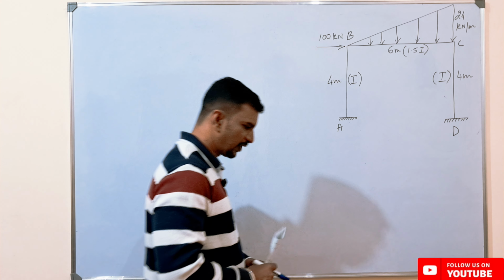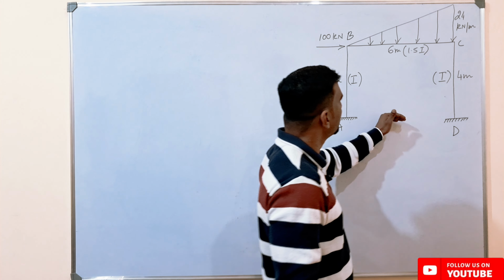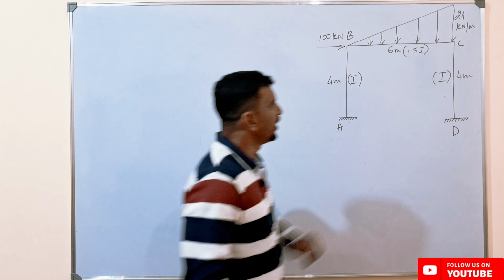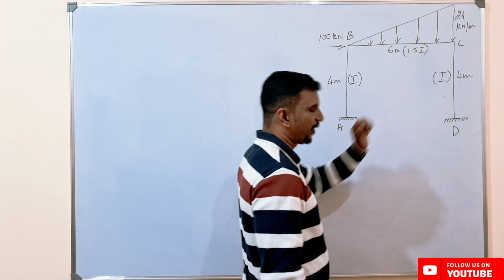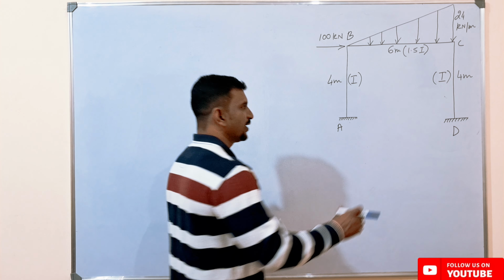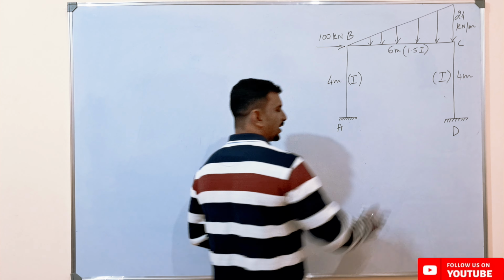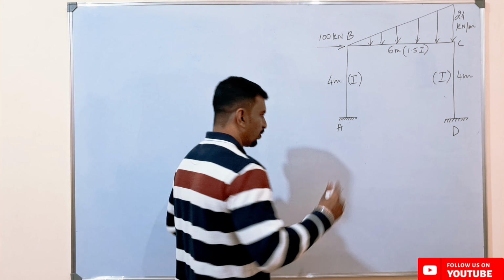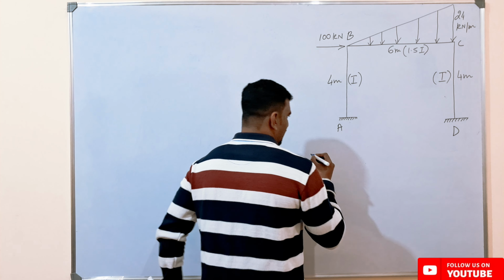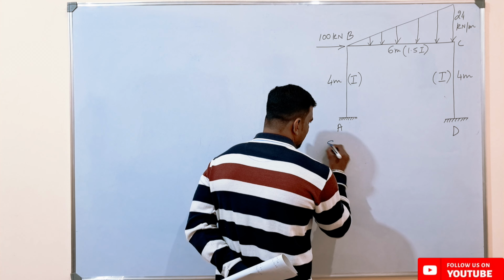From previous classes, we have learned that whenever a frame is subjected to an asymmetric loading, it is subjected to lateral sway. So while analyzing this particular frame, we need to consider the lateral sway component also into consideration. From previous classes, we have learned in Kani's method, the first step will be